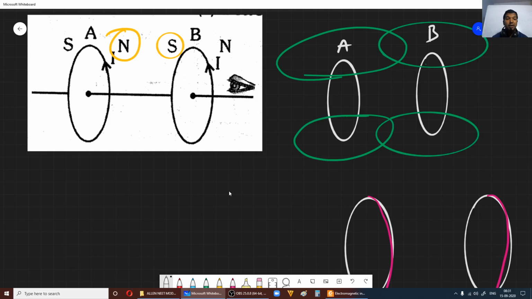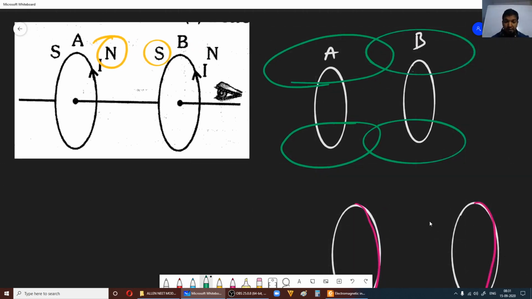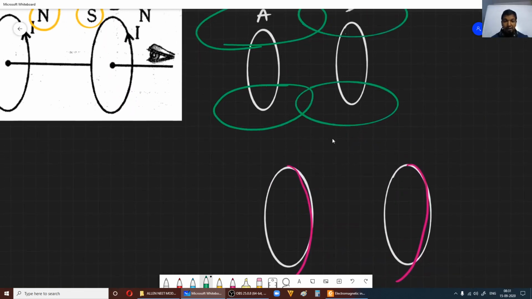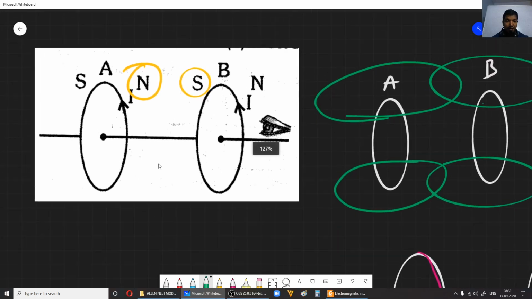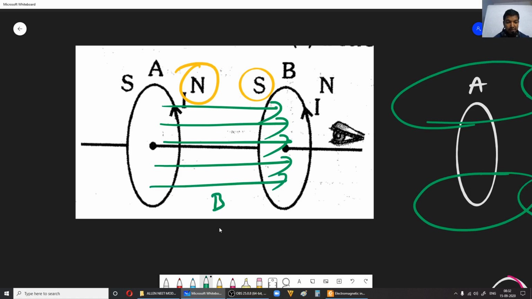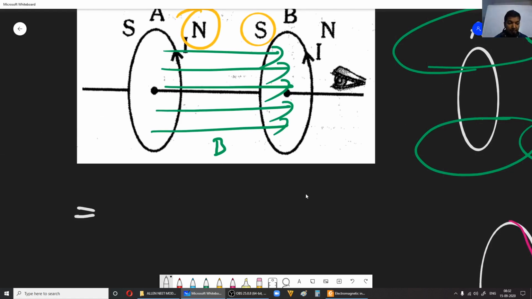Okay, right, now here how can we consider the magnetic field lines? The magnetic field lines, as you know, will be from north pole to south pole, correct, so you get to know about the resultant magnetic field, right? See, the resultant magnetic field will be this way. That is adding the magnetic fields considering vector algebra. Vector sum of the magnetic field looks like that. Therefore, just for simplicity's sake, I am writing like this. Magnetic field lines will be like this. Now when you move the coils towards each other, can you guess what might happen to the magnetic field? Here the area we are not changing. And the angle also we are not changing, right?